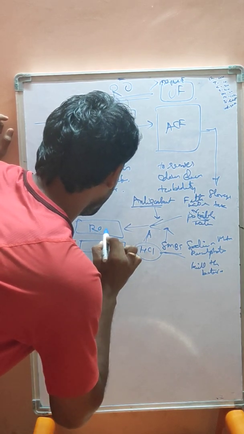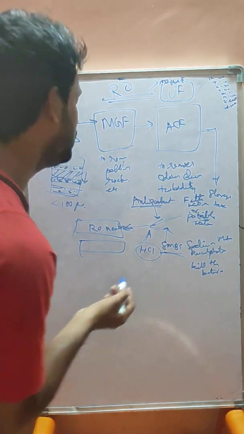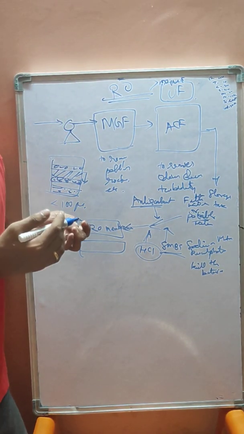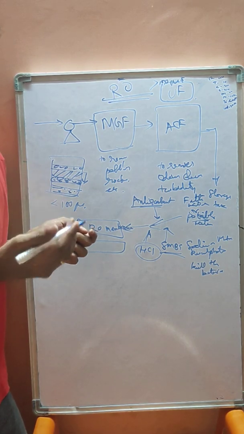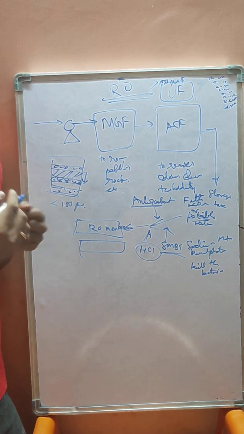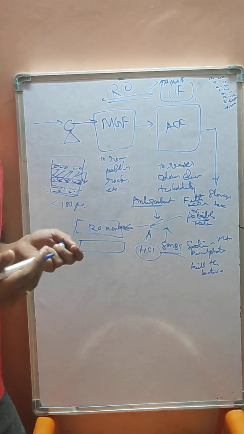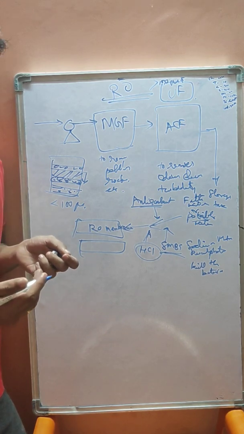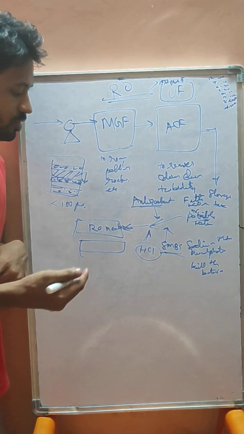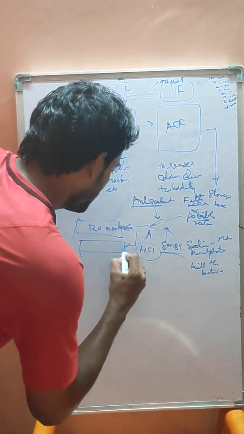Okay. So after the chemical dosing, we are taking it to the RO membrane. Based on the capacity and flow rate, we may have a number of RO membranes. The plants won't have only one RO membrane. It may have three parallel membranes or six parallel membranes, depending on the outlet needed and the capacity of the plant. I have drawn only two for your understanding.